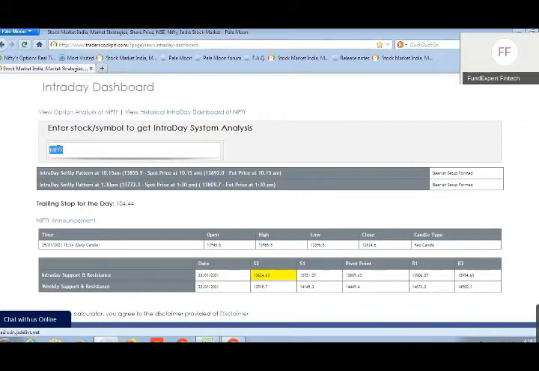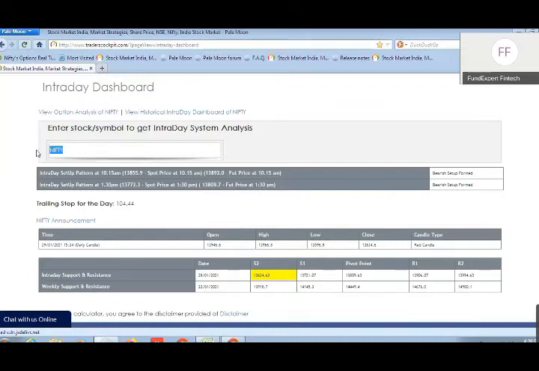Suppose, for example, being a trader, you may be following some 15-20 favorite counters. You may be following some 15-20 favorite scripts. Those may be blue chip stocks, or Nifty 50 stocks, or FNO stocks. So, for example, you will have some favorite stocks. Now what you can do is, on a daily basis, come to this page and type in the script name.